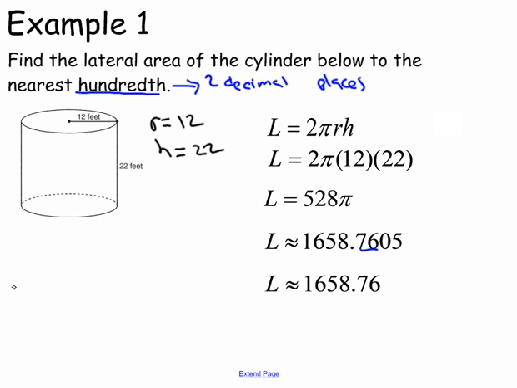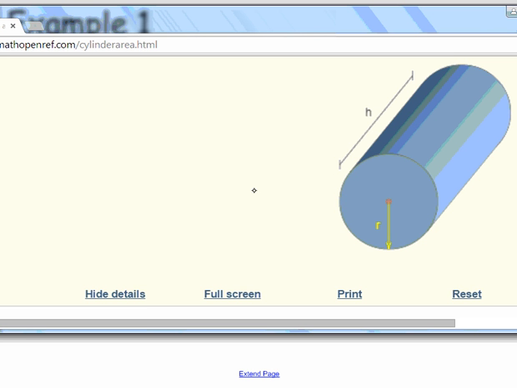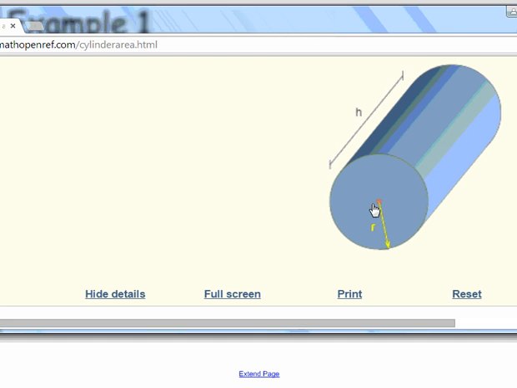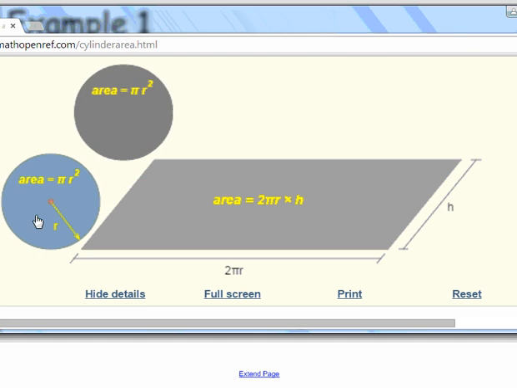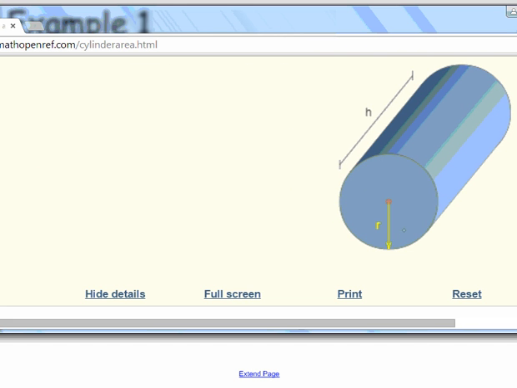All right, let's talk a little bit about what is lateral area. Let's look at a cylinder and how it's made up. I found this applet at mathopenref.com, and it's a nice way to look at what lateral area is for a cylinder. A cylinder, if you take it apart, is made up of a rectangle and 2 circles. Let me put it back. You'll notice that